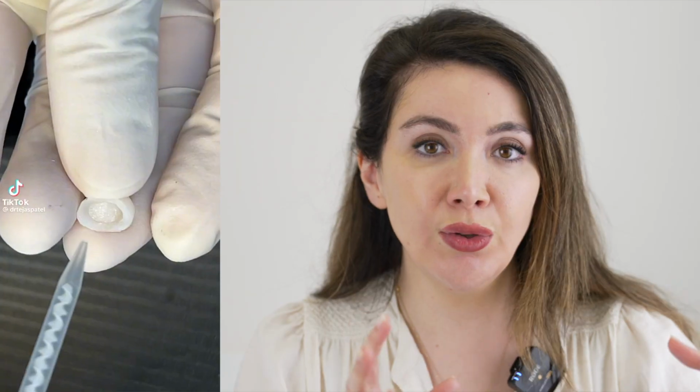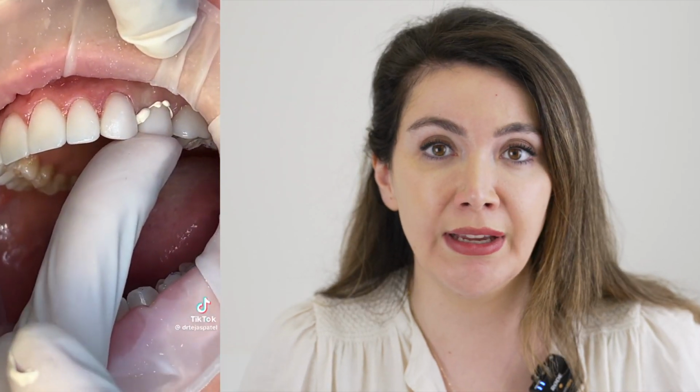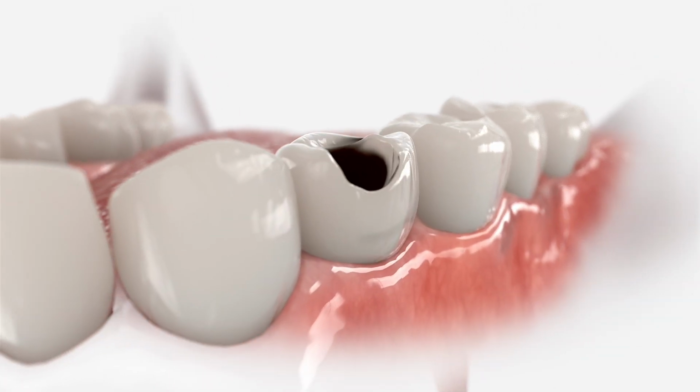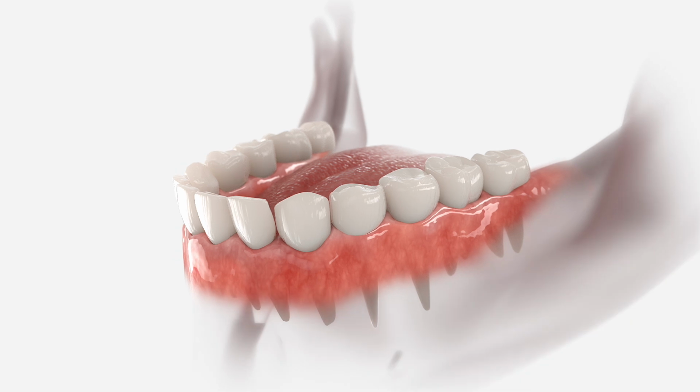Imagine if you have a tooth that is heavily restored, heavily big filling on top of it. It's like a person who's going up a mountain while you're chewing and has a very big backpack. That big backpack is the dental filling. The big filling or the backpack keeps pulling me down as a person who's going up a mountain. And going up the mountain is like chewing. Eventually, the backpack's gonna fall and it's gonna drag me with it. That's exactly how the filling is gonna break and break a part of your tooth with it, eventually not leaving anything for us to restore. Before that happens, we rather remove a small layer from outside of the tooth, like peeling an onion, and put a crown or a cap glued to it to make sure it's holding or hugging